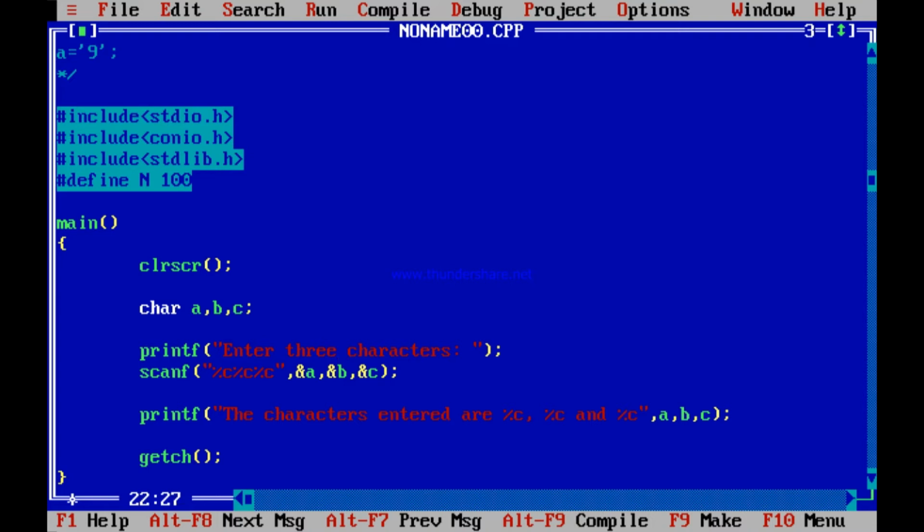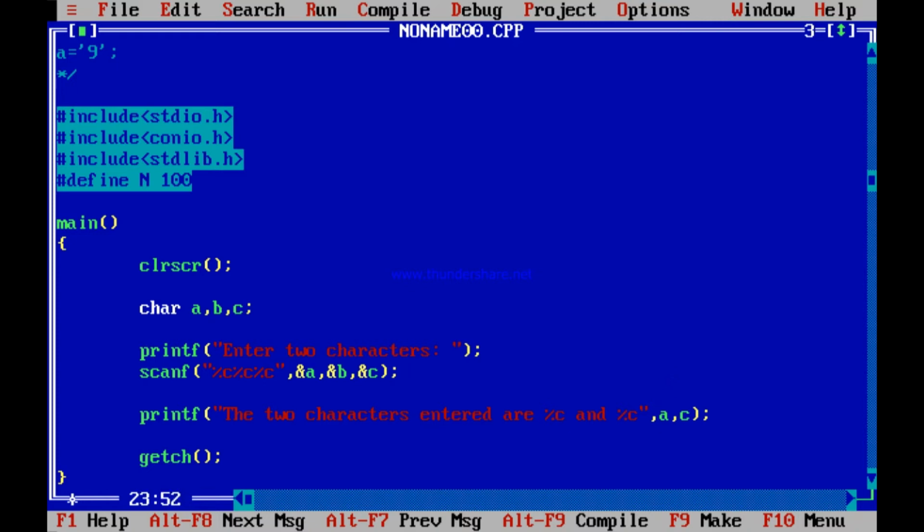Now using this concept, you can scan two characters separately. You can write enter two characters, scan three characters, and say the two characters entered are %C and %C, and get rid of the middle character B. Do you understand what I mean to say?